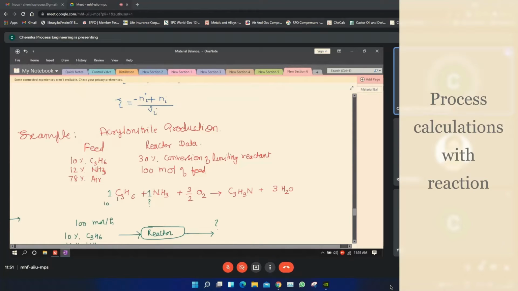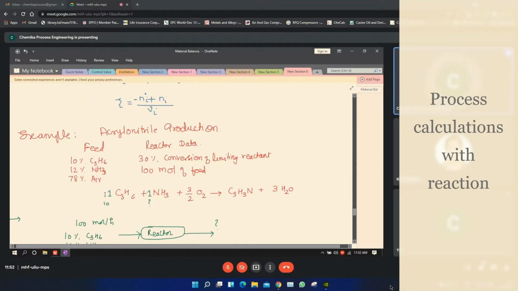So 3 moles of the propylene are reacted. It means how many moles of the others will be there. How much ammonia will be reacted? I would have to do all this: 3 moles are reacted, then 3 moles of ammonia is required. Inlet contains 12 moles, 3 moles are reacted, it means that unreacted are 9 moles. Similarly, we can do for the oxygen also. Oxygen inlet is 16 point something, that is 0.78 multiplied by 0.21. You can find out from this ratio that it will be something like 11 approximately.